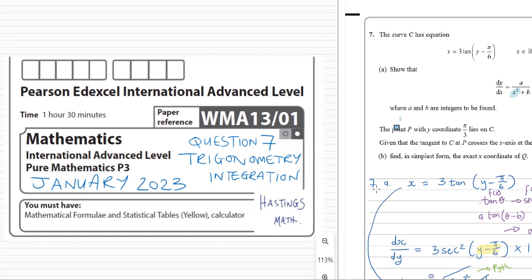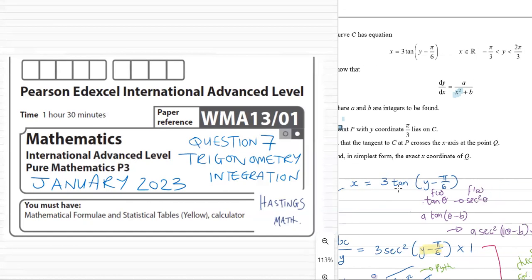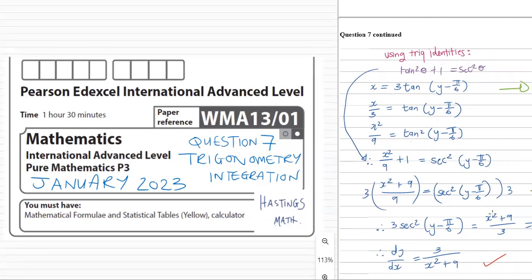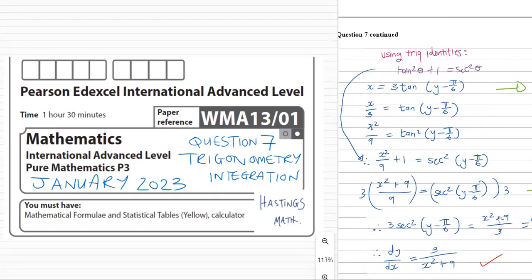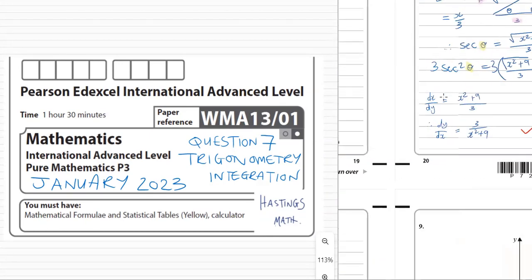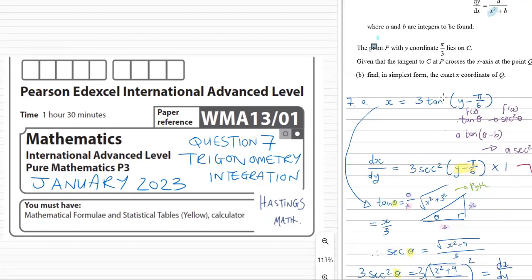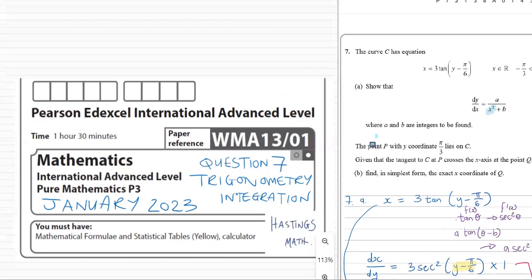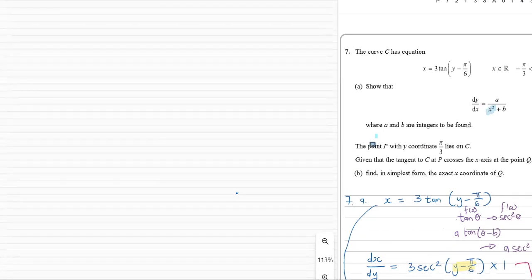So this is 7A, but done in a different way. If you want to just look over this working, this is using trig identities to do the 7A question instead of the logical method that I did before. Okay, but if we look at 7A,